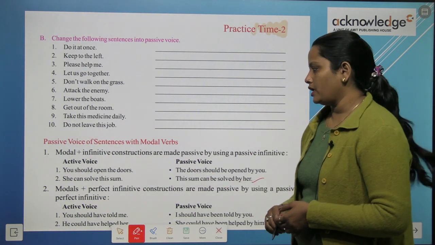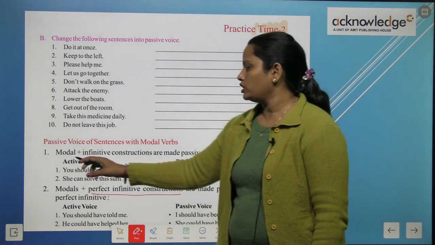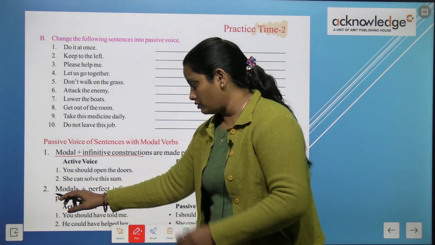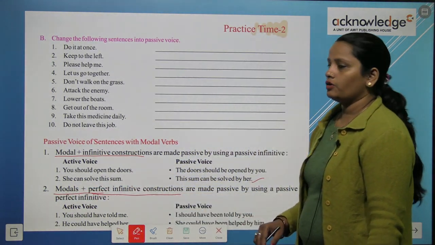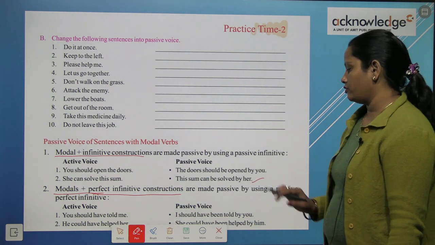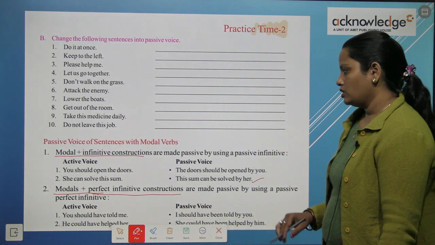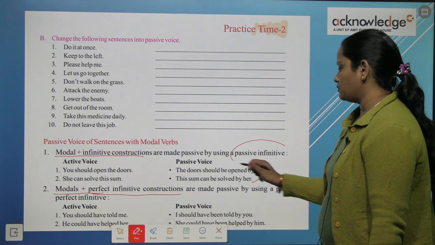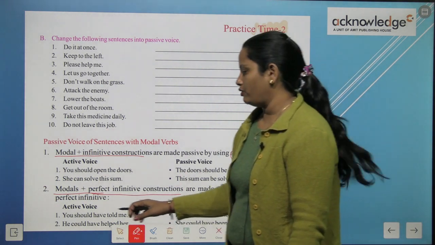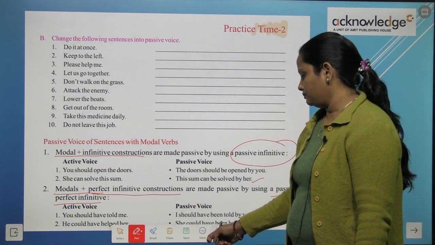Now modal plus perfect infinitive construction. So here we have used modal plus infinitive constructions, but now we have used modals plus perfect infinitive constructions. So these are made passive by using a passive perfect infinitive. Earlier we used the passive infinitive, now we will use the passive perfect infinitive for changing it. Now the examples are,